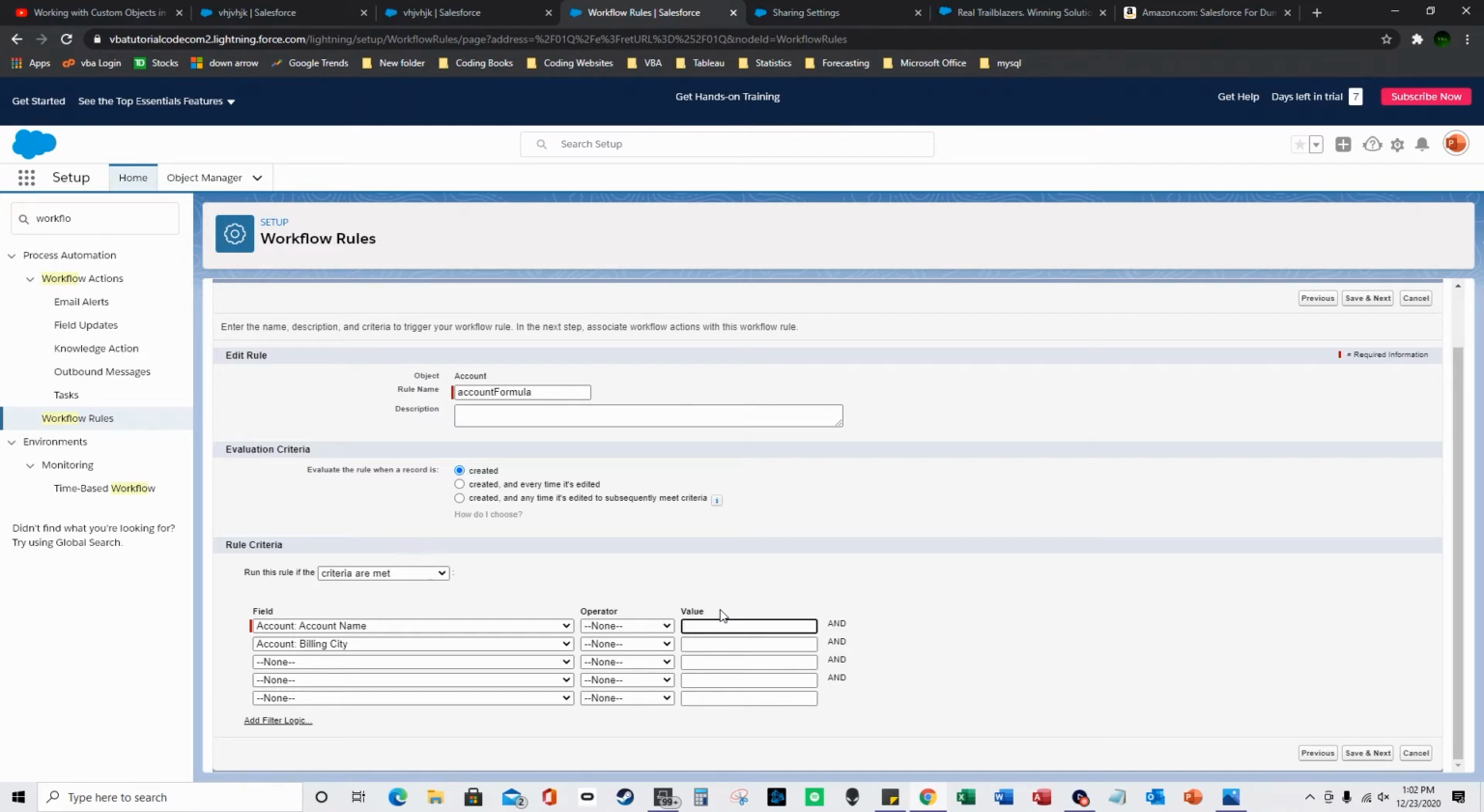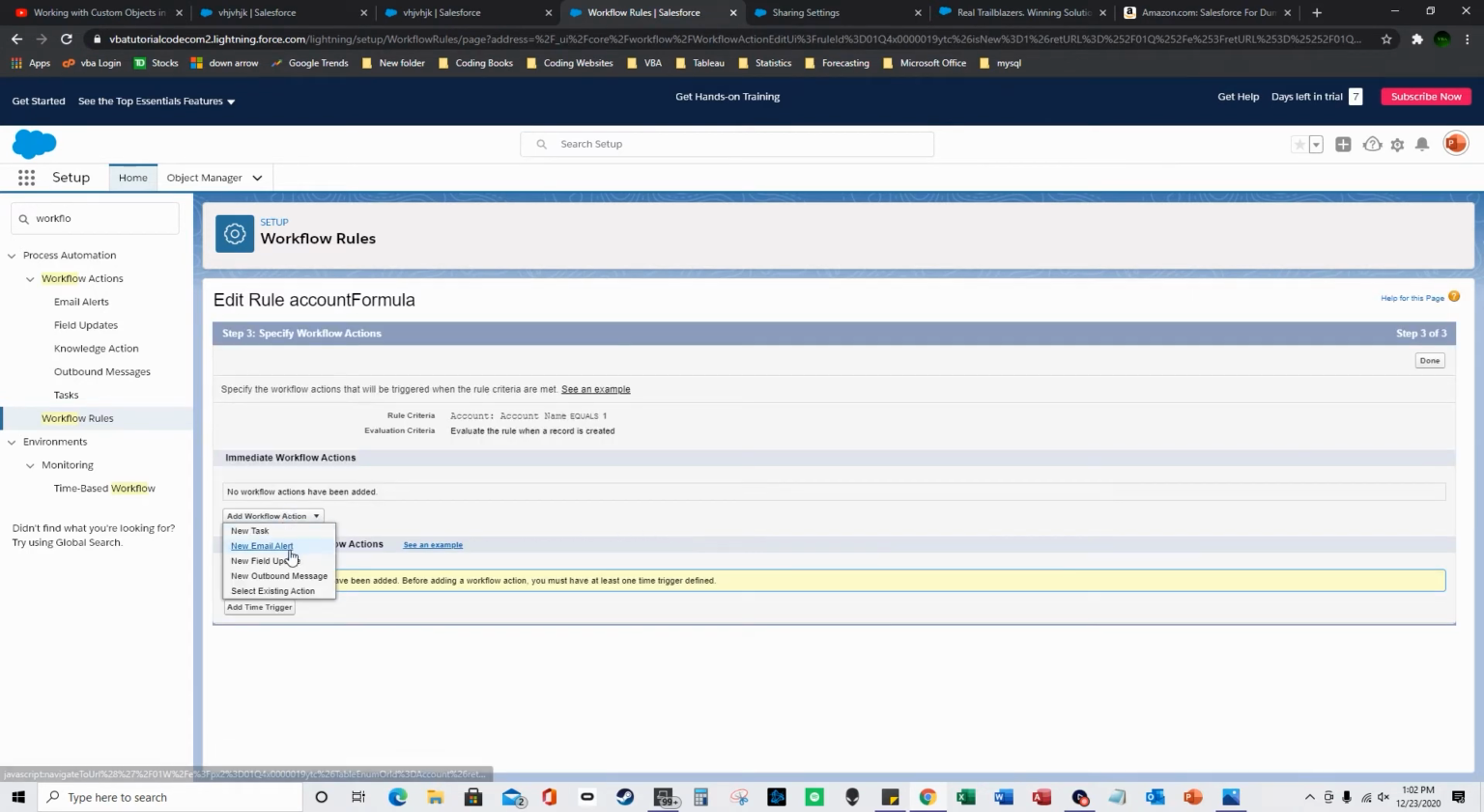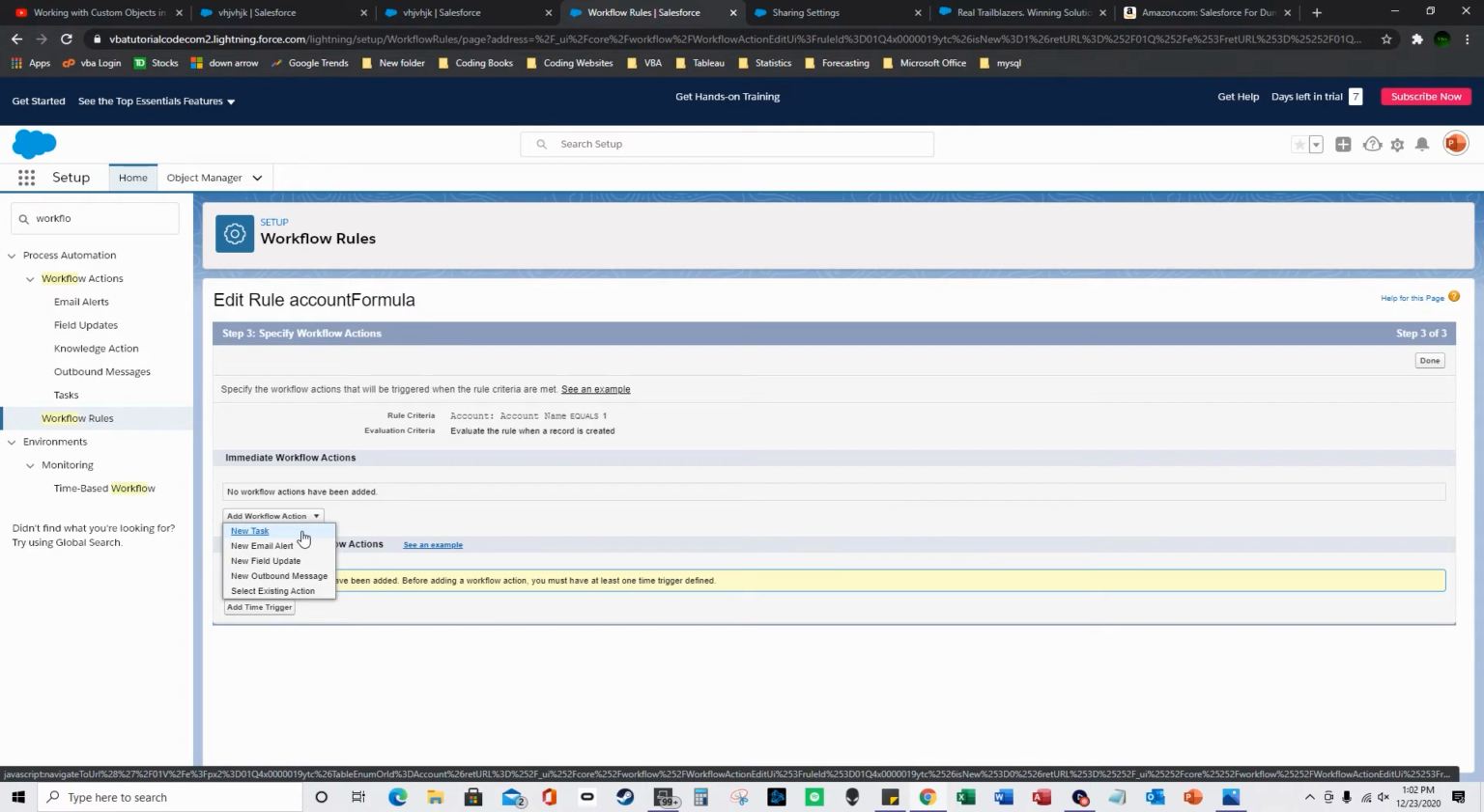And so let me press equals 1, and let me just remove that to none, save it next. So I'm going to do add workflow action, and you have to make sure you add the workflow action before clicking done. So the new field update,